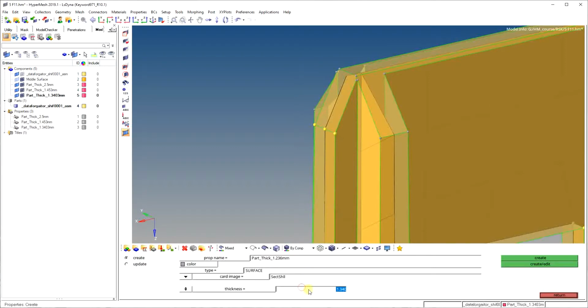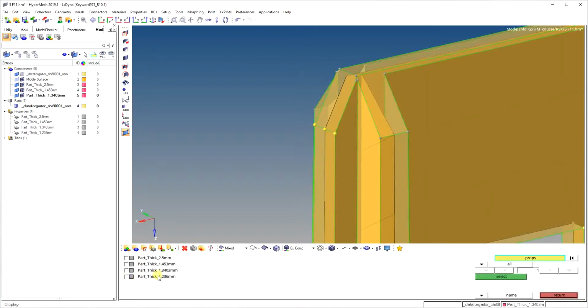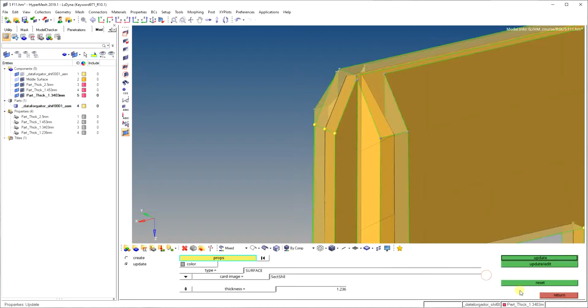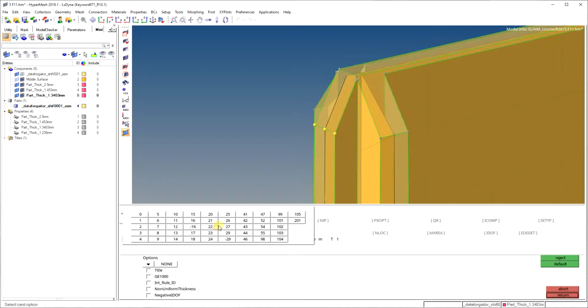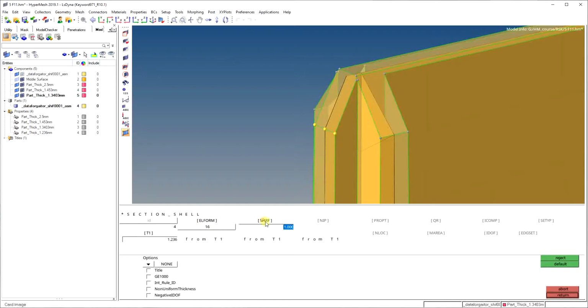Thickness is 1.236 mm. Created it. Now you can see your update. Rotate it. 0.8333 and NIP 5.